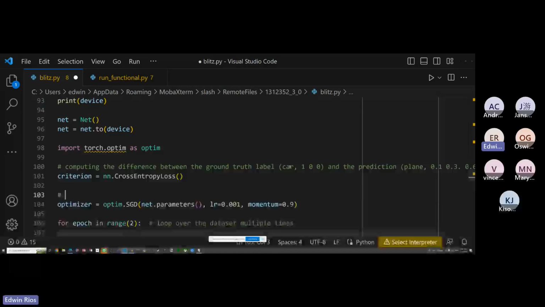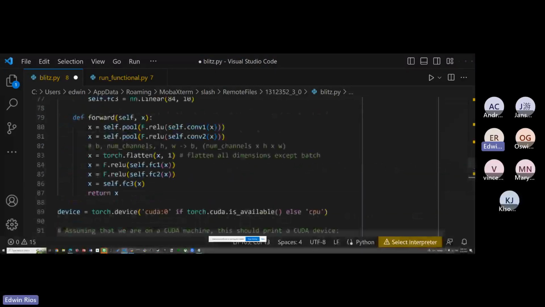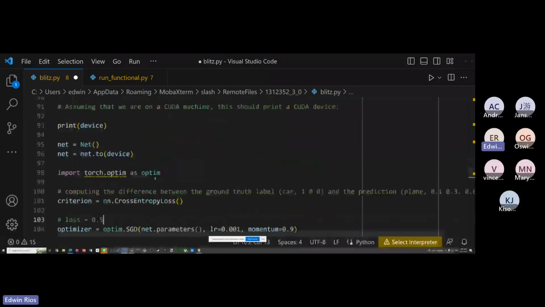It's not really like that, but let's say our loss function is 0.5. Because we have this computation, we can compute the derivative behind each of these functions,